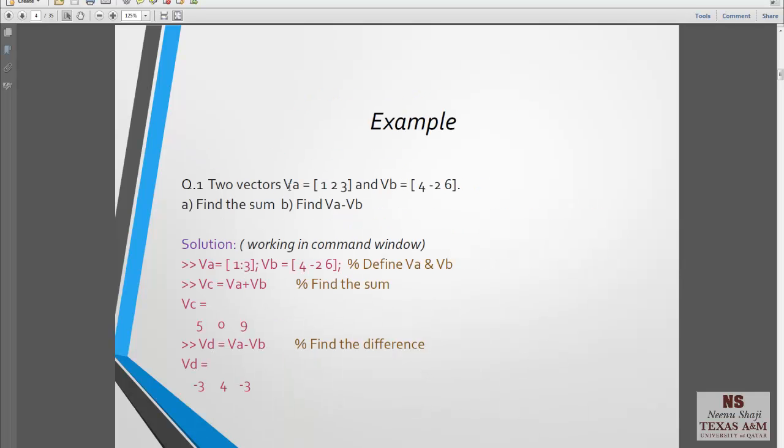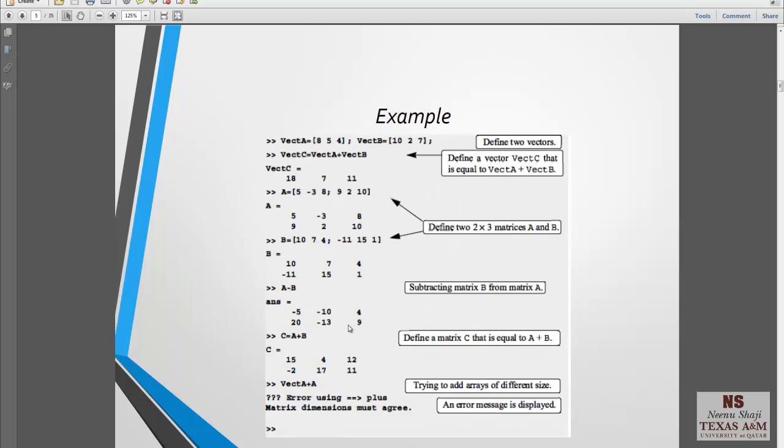This is an example for finding the sum and difference of two vectors, VA and VB. So we define VA and VB and find the sum using VA plus VB, or the difference, which is VA minus VB. So the elements in the same positions get added or subtracted. This is another example where we have two vectors. Vector A is added to vector B,